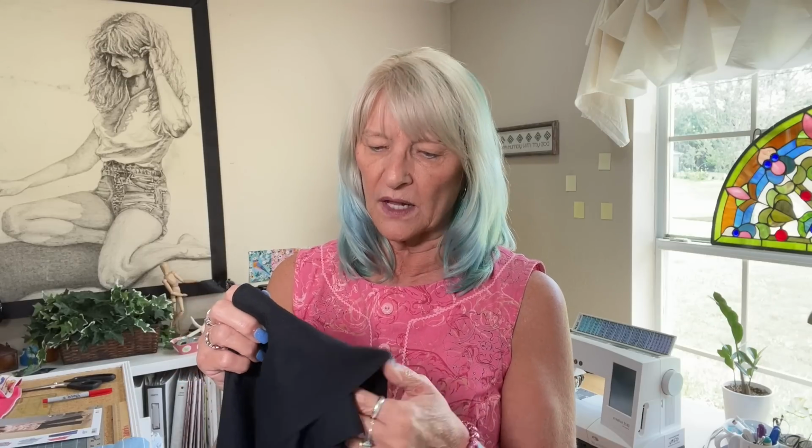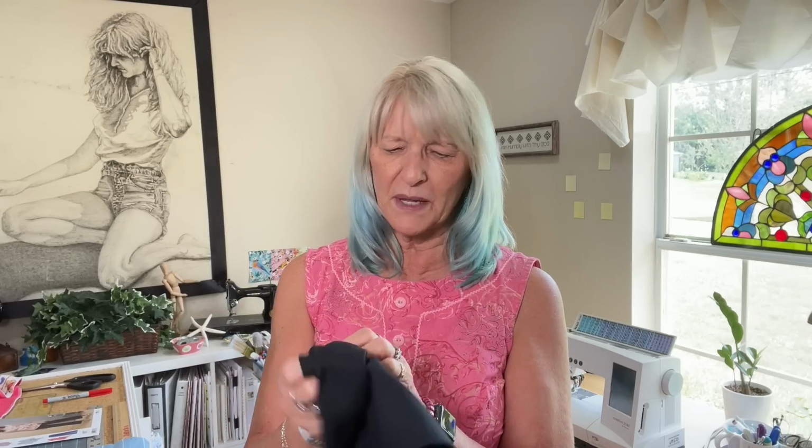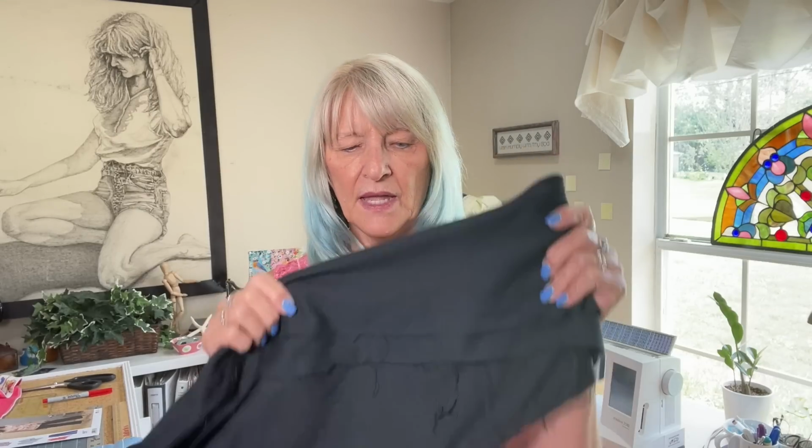This fabric, I just had it in my stash. I'm pretty sure I got it at a Joann's that was going out of business. It is polyester, but it's not really crepe. Well, maybe it's crepe. It has a little bit of a texture to it, but it feels soft, and it feels like it's got some rayon in it. So anyway,